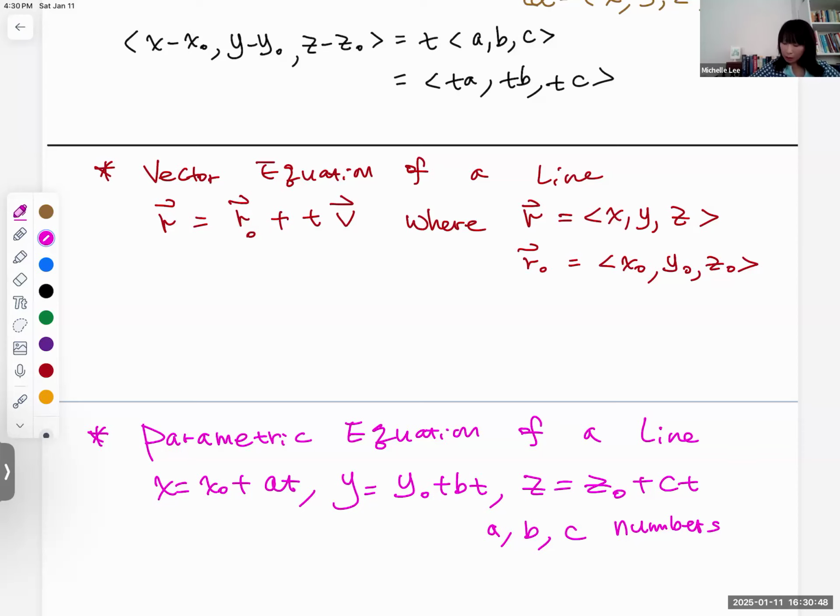They don't mention that they are scalars; they just say numbers, right? And in the vector, they use the terminology scalar. And x naught, y naught, z naught come from x, y, z. All right, so parametric equation,